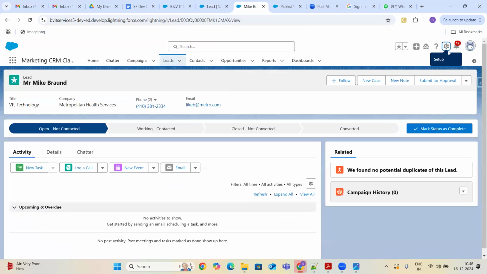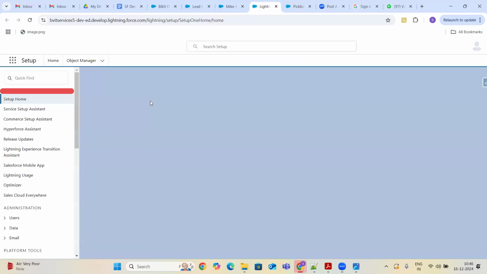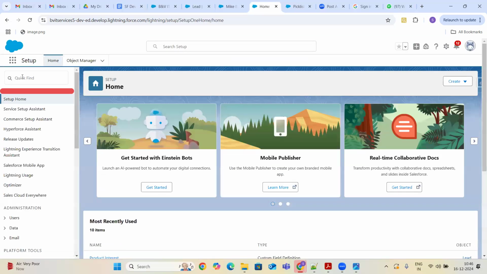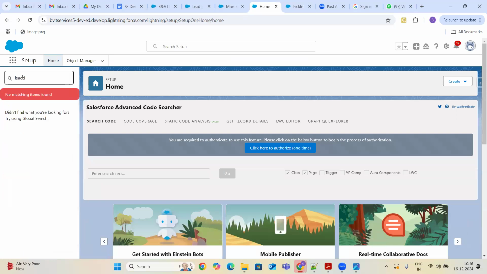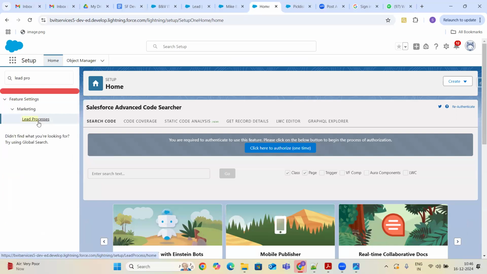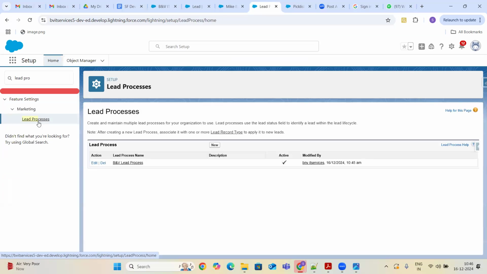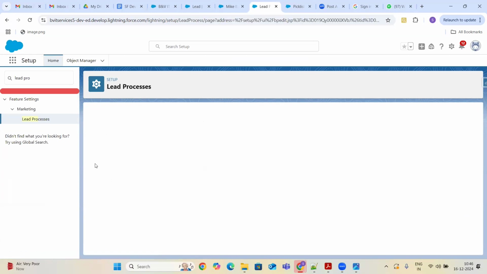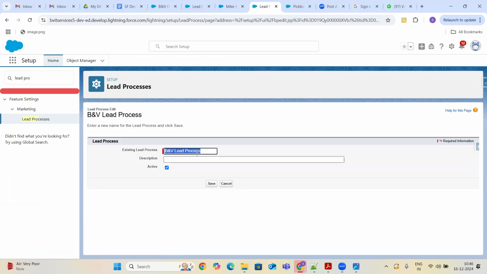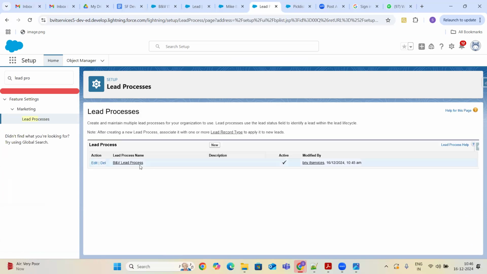So what I'll do is, now I'll go to the setup and go to the lead process. For the marketing applications, we are going to manage the lead process. Going to click on edit. Sorry, I'm clicking on cancel.